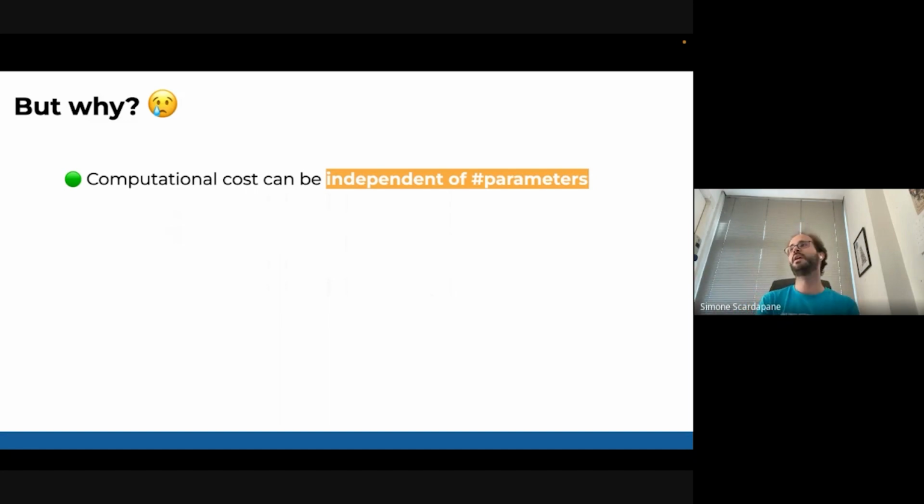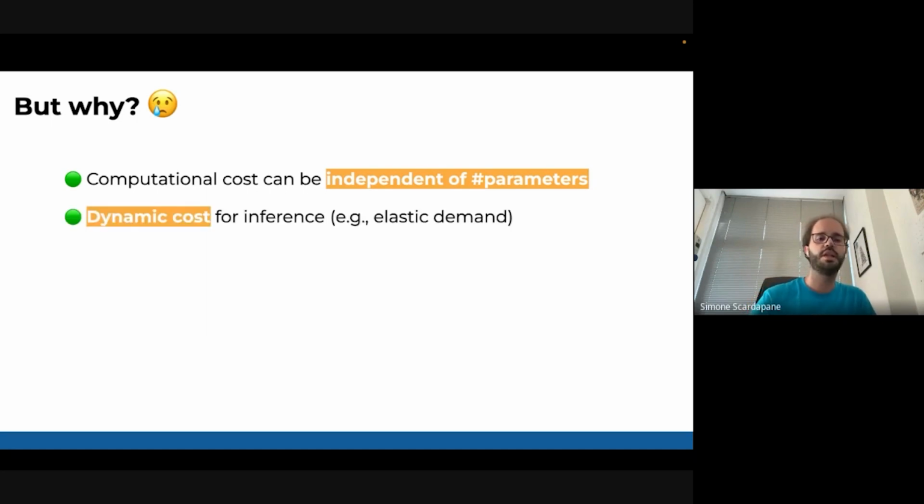But first of all, these things are interesting because they give us, for example, a way to decouple computational costs from the number of parameters. Because if we only activate small parts of the neural networks, we are able to have a huge amount of parameters, but at any given time, only a small number are active. And there are some rumors that this is the way, for example, GPT-4 is working.